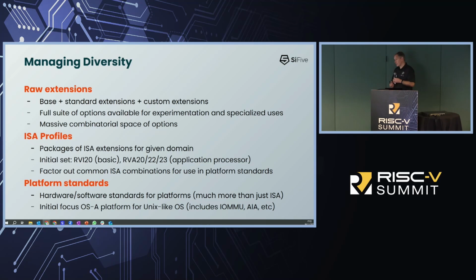Now, you still have a bit of a problem in terms of just the number of different extensions that are possible with RISC-V, and the fact that you can combine those in many different ways. You actually have a very large combination space in terms of the number of different options that you have. And that's great for some use cases. So if you're doing a deeply embedded processor or you're doing a very specialist processor, you probably want to have that flexibility to choose exactly what you want. And I think the next speaker will talk a little bit about that, because that's clearly part of what CodaSIP